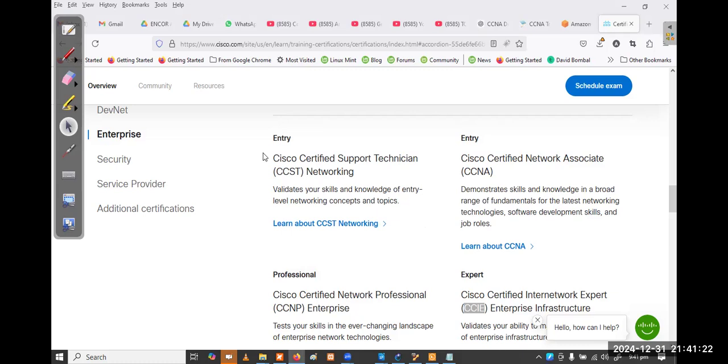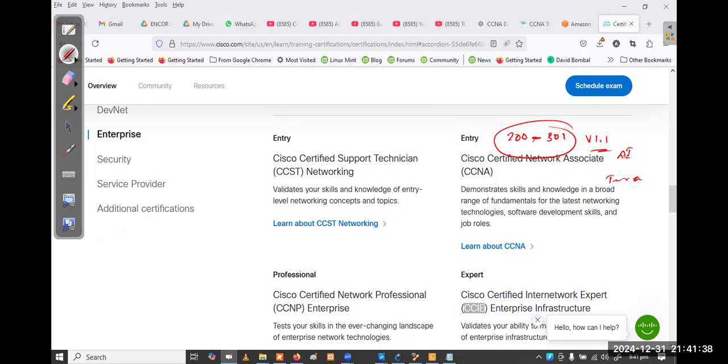So now you can see this is one exam, right? 200-301. This is the exam. Now they have released version 1.1, the latest version with AI and Terraform and all.